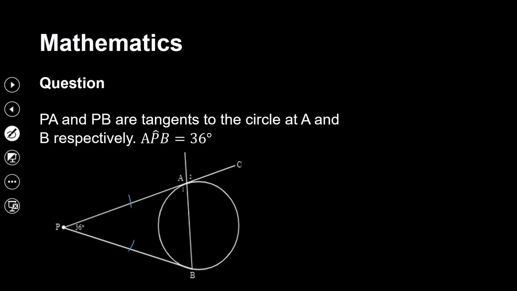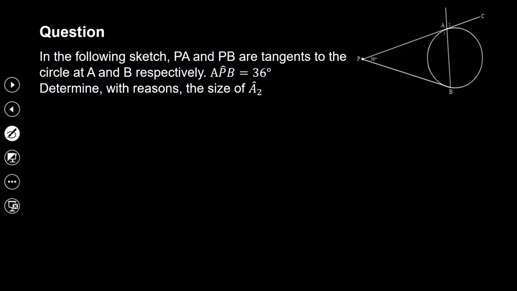Let's see what they want us to do here. In the following sketch, I did say those are tangents. I want you to find the size of A2, right? So firstly, I will claim that AP is equal to PB, right? And the reason will be tangents